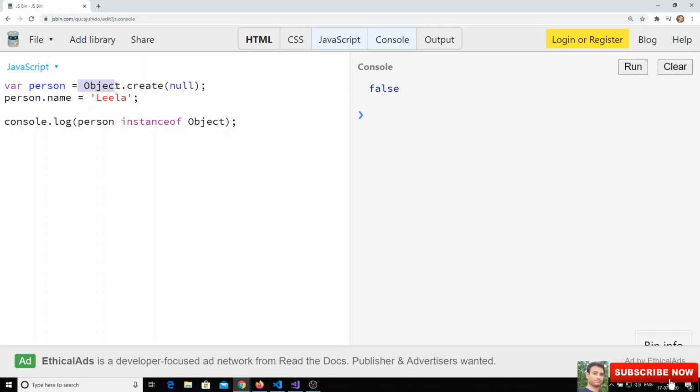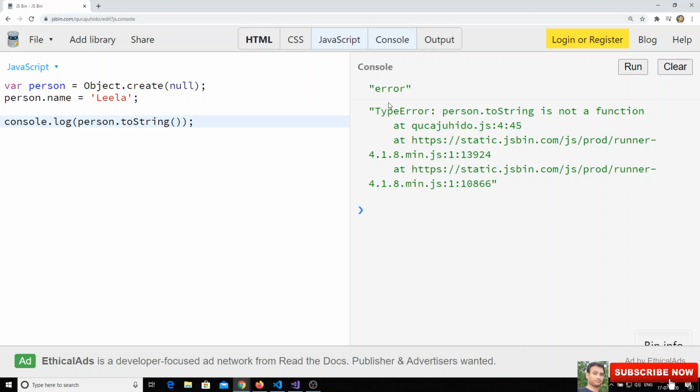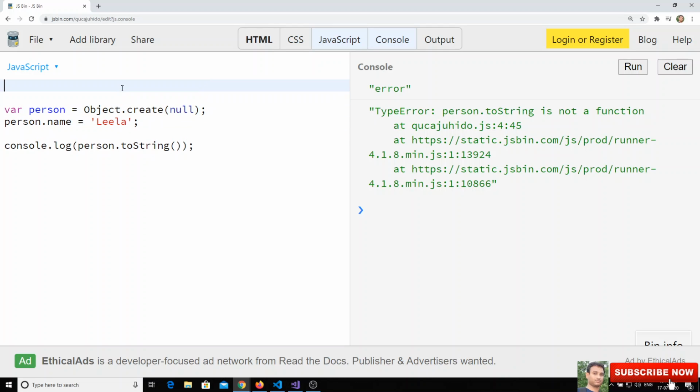So Object.create is a way of creating an object which has no prototypes; you need to define your own prototypes. If I check person.toString, I get an error that person.toString is not a function. So the object will not inherit from the Object prototype.